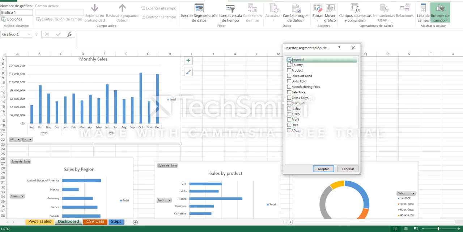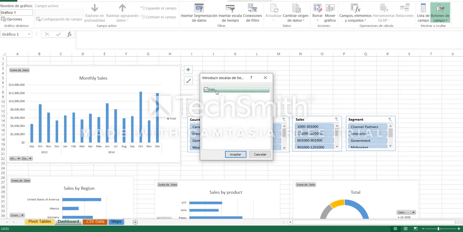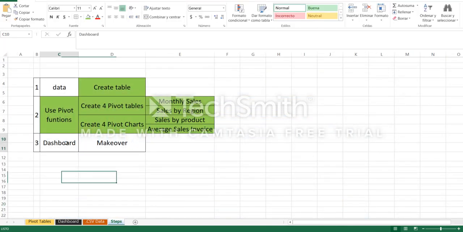So I'm gonna choose segment, country, product, and save. Click OK. And now we had our slice filters here. Now we are gonna insert one scale of time. So now we have completed our dashboard and we are gonna start the makeover.